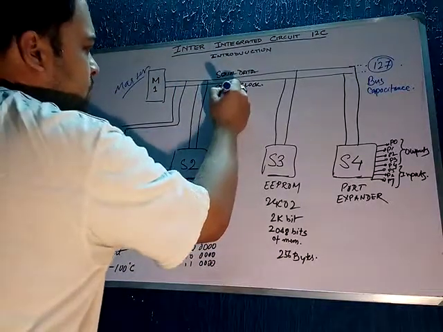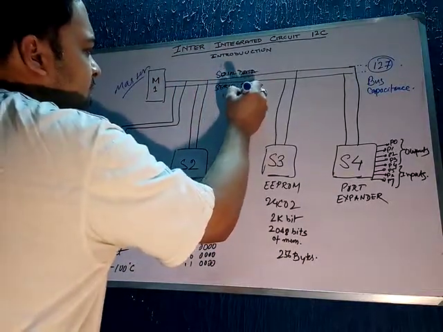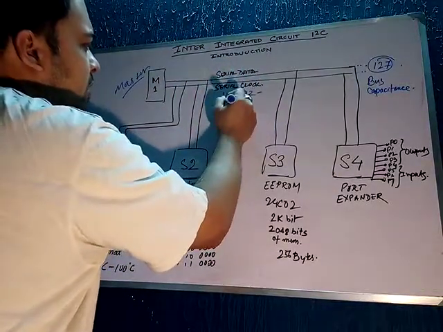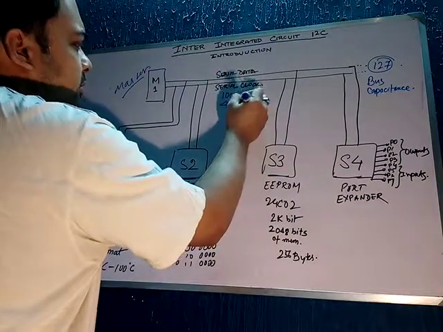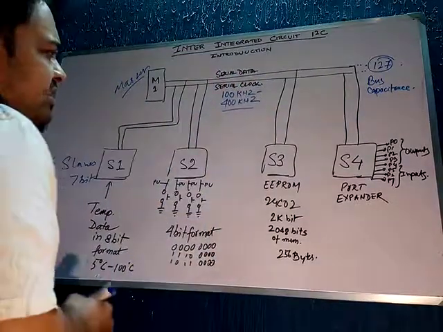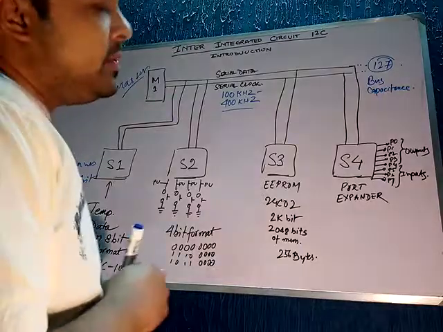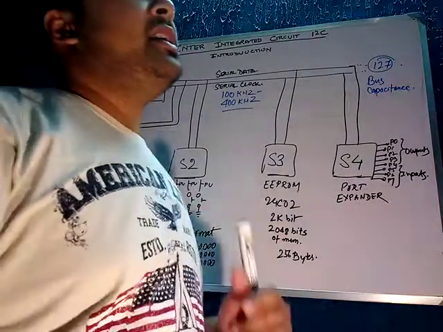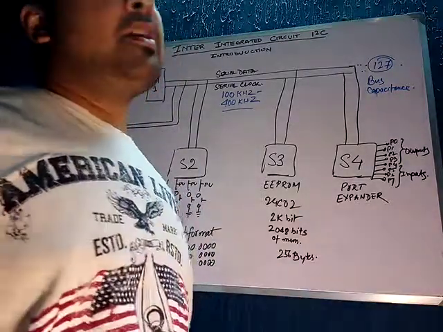So here we usually go for 100 kilohertz to 400 kilohertz clock speed. This is the limitation of the clock speed that even Philips and everybody recommends for